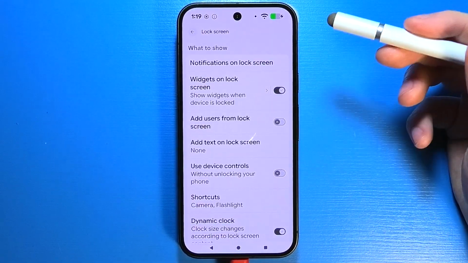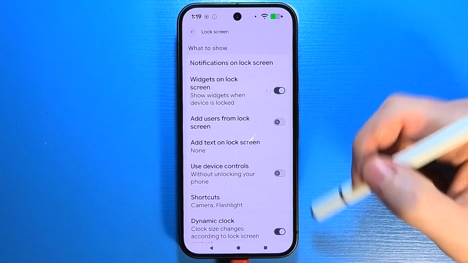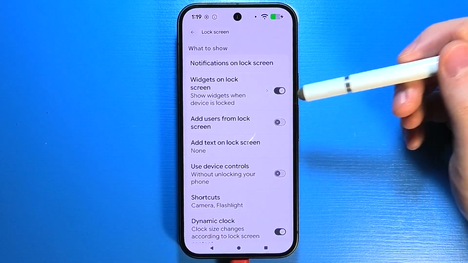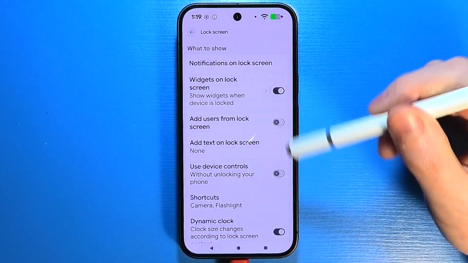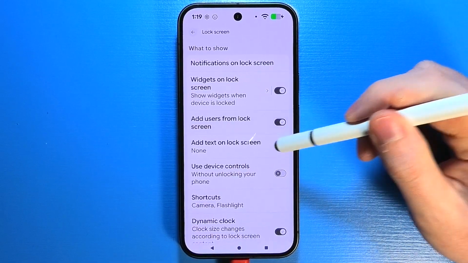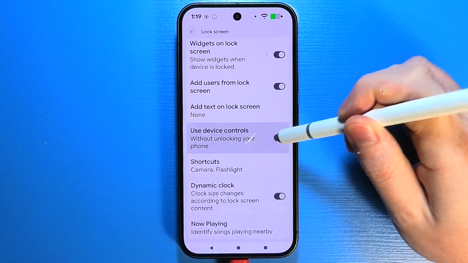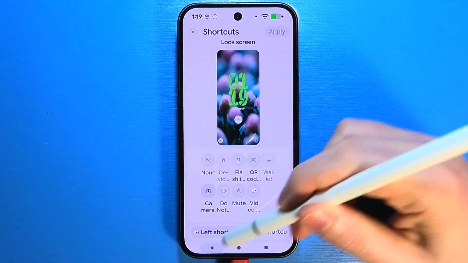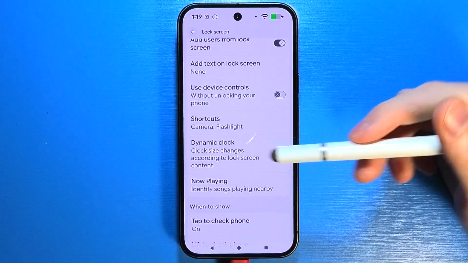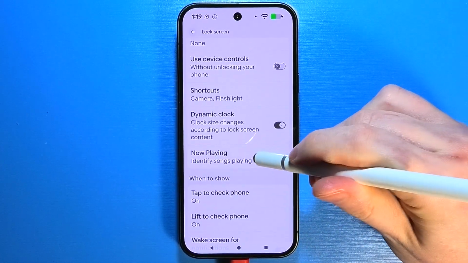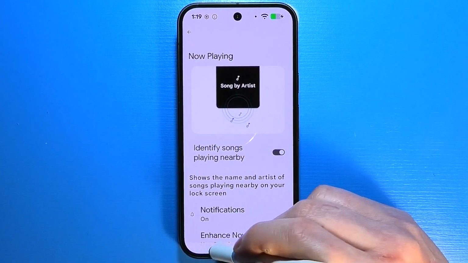More lock screen settings allows you to adjust everything specified for lock screen, like notifications that we've covered, widgets that you can enable or disable and customize, add users from lock screen, add text to your lock screen or remove it, use device controls, adjust the shortcuts that we've already covered, dynamic clock that adjusts the size based on the content in your lock screen,